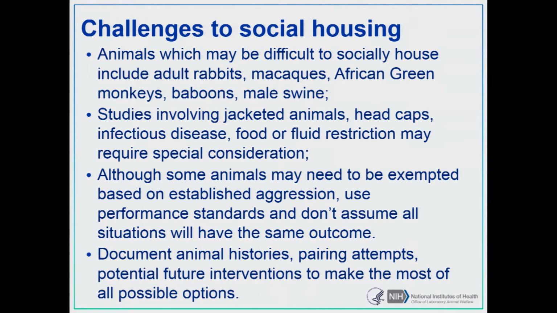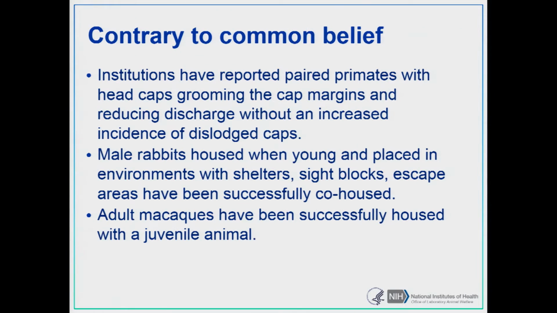Again, we have to always look at why has an animal been exempted? Is it truly because you've given up on that animal? Can you readdress it at a later time? Always it's important to document this so that you can go back and look at whether there were certain triggers that you didn't notice at the time, and go back and look at the records and see if there are other attempts that you can make, to possibly make improvements to your program, or also to how an individual animal is handled.